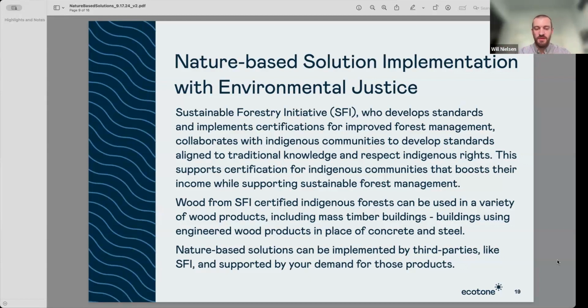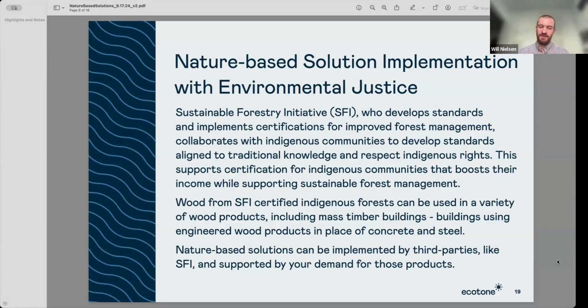And to continue the example of the role of a nature-based solution in forestry, those forest-based products can be included into many different types of value chains, right? As we know, wood is everywhere around us, right? And one of the areas that's been getting a lot of attention, one that you've probably seen a bit as well, is the use of mass timber buildings. So this being buildings that are typically bigger than a single family home, right? That are using an engineered wood product in place of concrete and steel, which would be our typical materials used